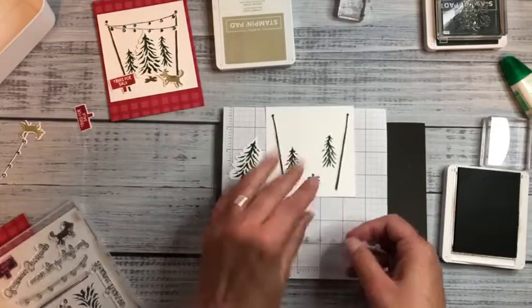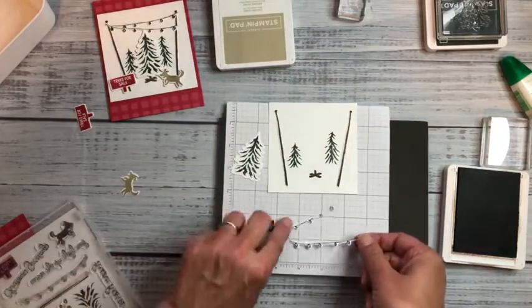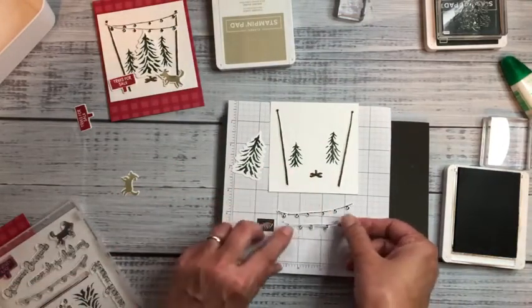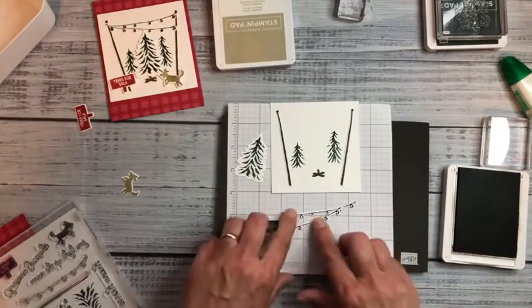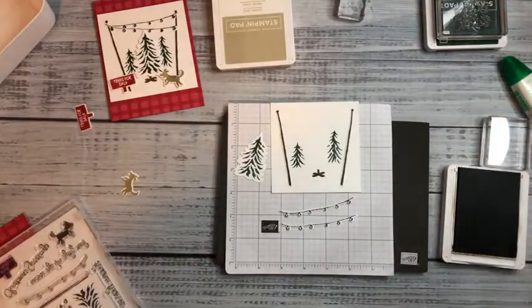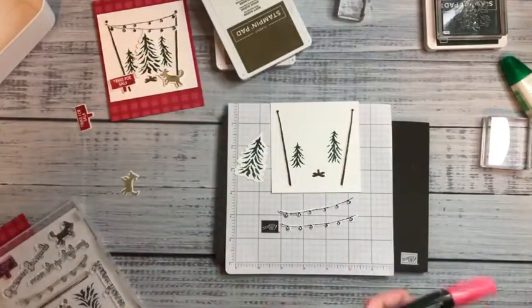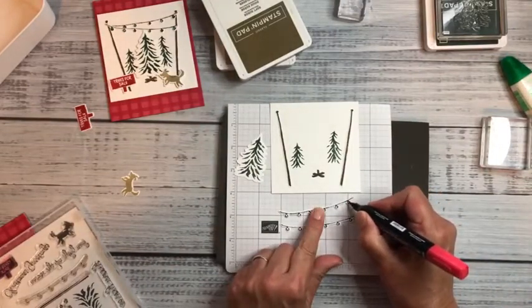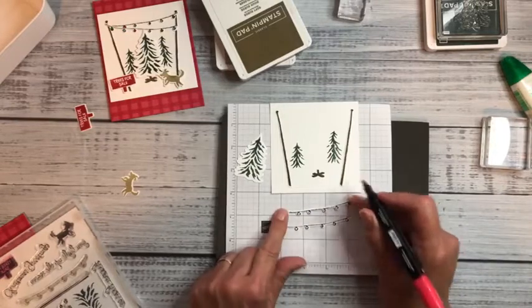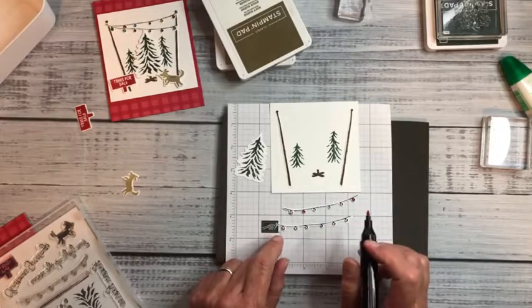And before I can do that, I need to color them. Oh, definitely have little sticky fingers here. So I'm going to start with, I better close this so I don't make a mess, I'm going to start with Real Red. I have 4 colors that I'm going to use on the bulbs. So I'm going to go Real Red, skip 3, Real Red, and then,